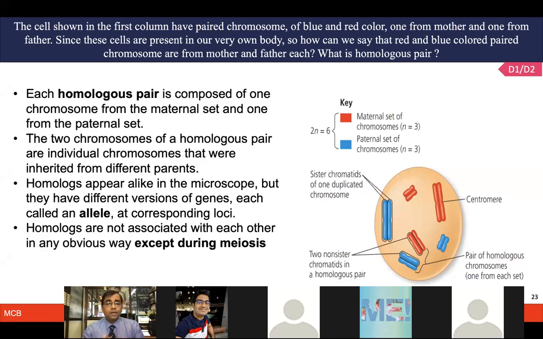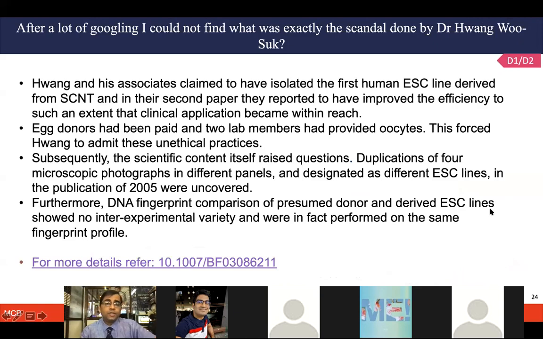So they are not associated with each other in any other obvious way, except that during the meiosis they get paired, and that's where you are going to also see the activities like synapse being formed and the exchange of the genetic material happening, and those are the crucial key points for the diversities of these genes to happen on the crossing over, right?